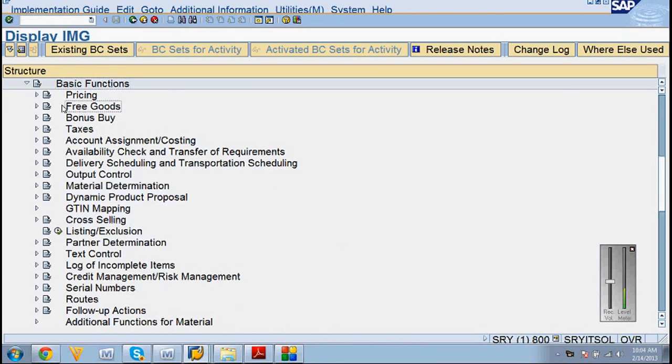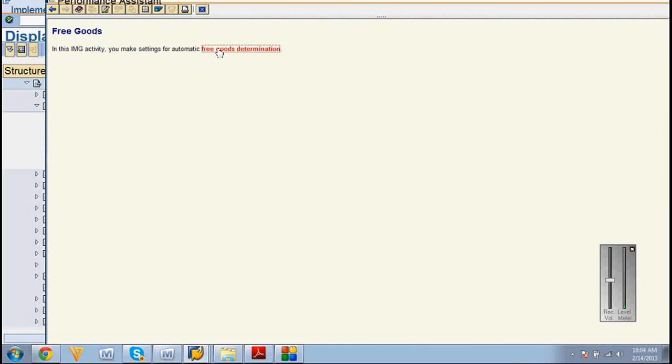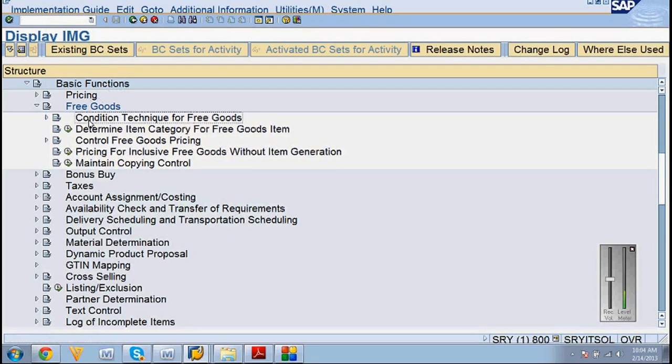basic functions, free goods. So take these steps. Condition technique for free goods.